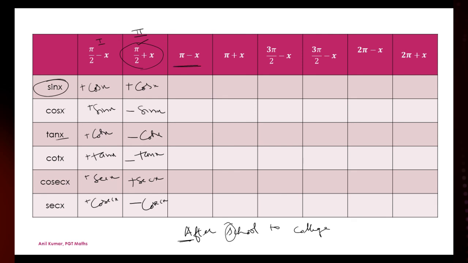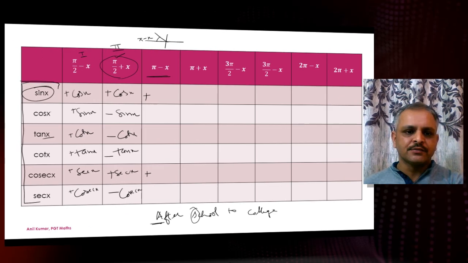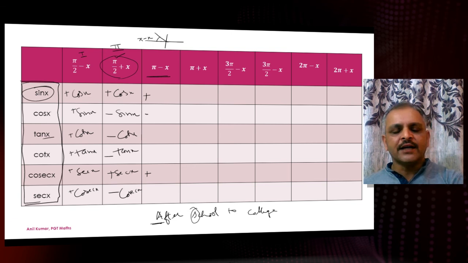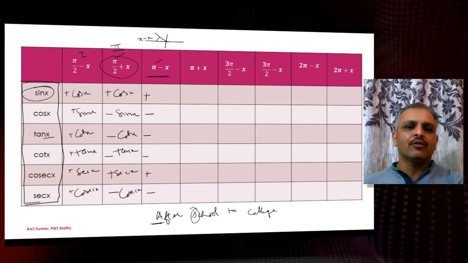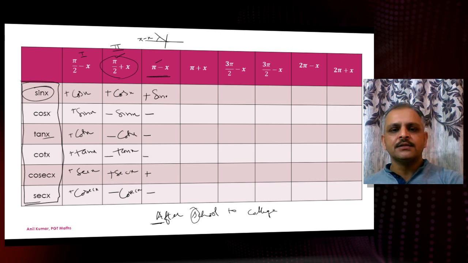Pi minus x. In which quadrant are we? If I am talking about pi minus x, that means in the second quadrant again. So this is pi minus x. In the second quadrant, sine will be positive and cosecant will be positive. So you have to check the t ratios from here. This is the base t ratios. And second thing, first you have to decide whether it will be positive or negative. If it is pi, then no cofactor. So write them as it is.